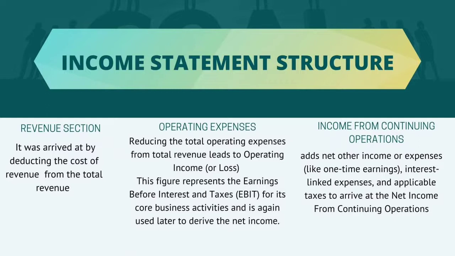So, po, revenue sections, ito po yung total revenue, no po. Then, the operating expenses, reducing the total operating expenses from total revenue. Kabilang po sa tinatawag natin sa operating expenses na po yung mga earnings natin bago kaltasin, yung tinatawag natin interest or yung mga taxes na po. Then the last one is the income from continuing operations na po. It nets na po income and expenses. Kumbaga ito na po yung pinaka net income natin o yung kabuuang kita, less na yung mga taxes and other